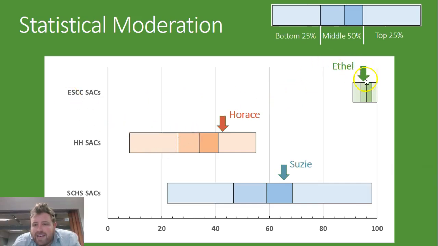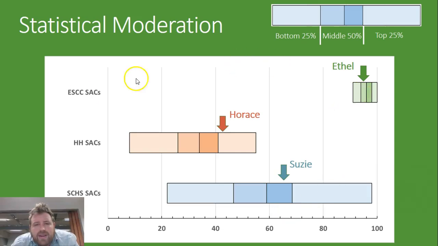And you see Ethel, she's getting 95%, but she's actually a little bit below the median for Easy Street High. At Hardmark High, Horace is in the top quartile of his year level, even though he's only getting 43%. Those SACs must be really hard. And at Suzanne Corey, we've got a big long distribution of scores, obviously all the way from really not getting very much out of 100 to some people who are almost getting 100% on these SACs. And Susie's somewhere in the middle. She's getting about 65, 70%.